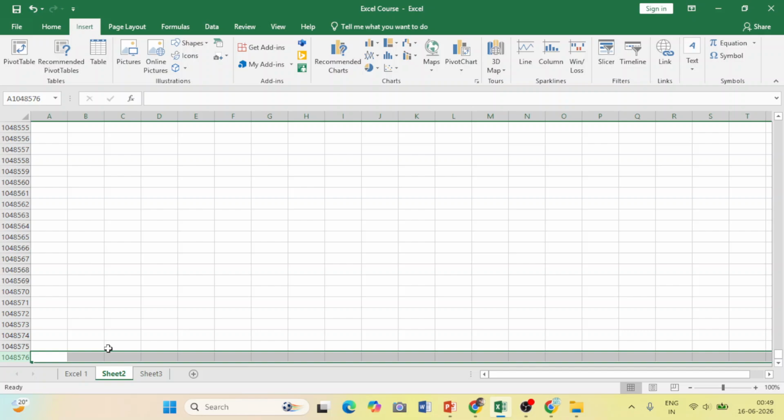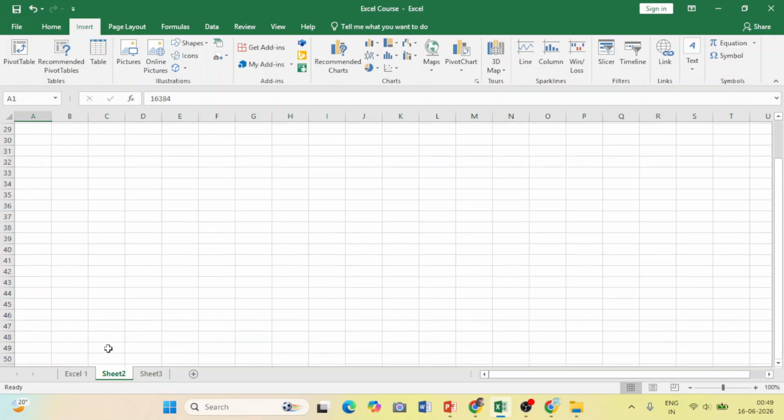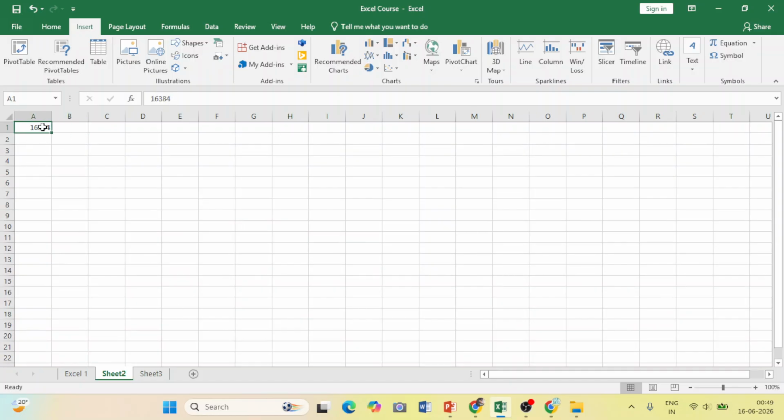So first we have to understand. Let me do one thing. Control key up. These are the columns and these are the rows, right? These are the rows, these are the columns, these are the rows. Now coming to the cells, what is the total number of cells we have in